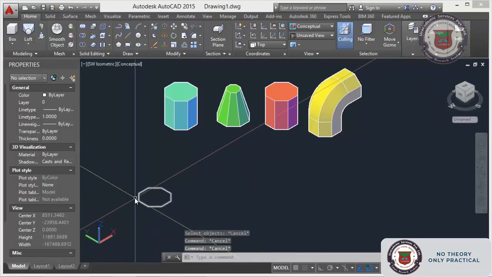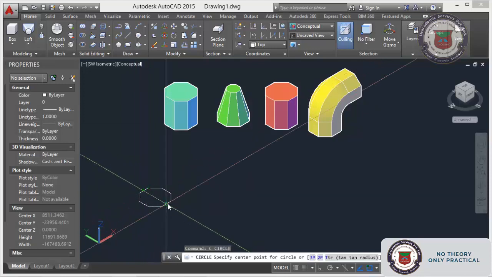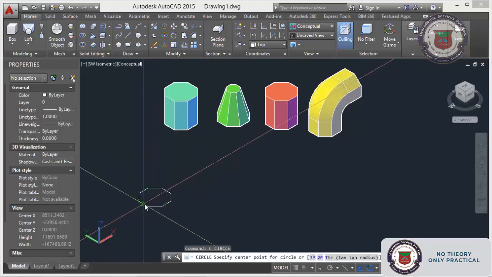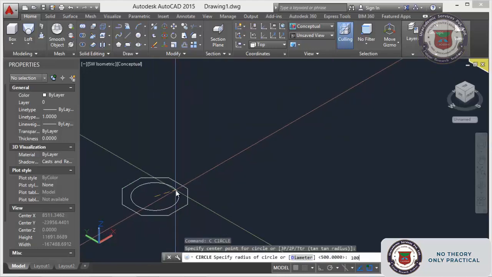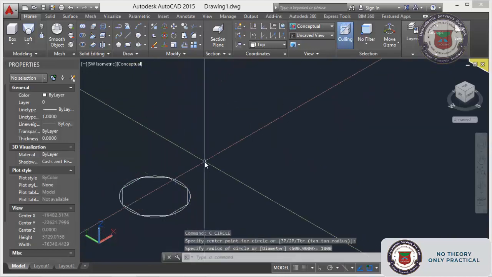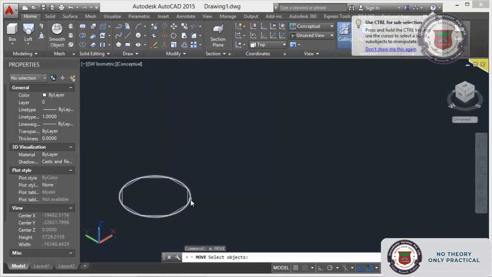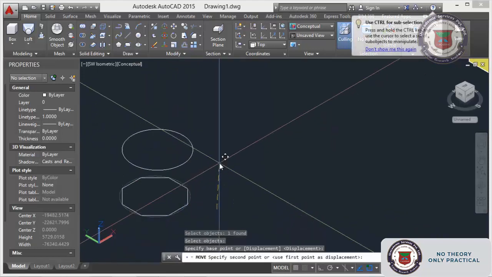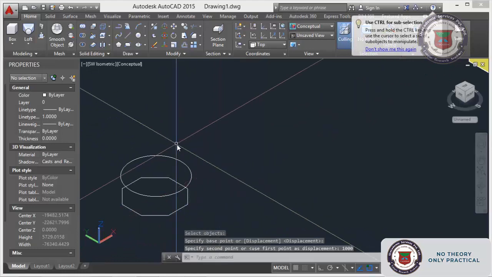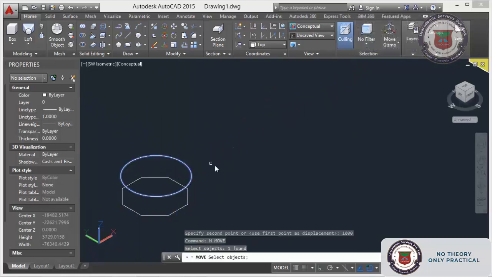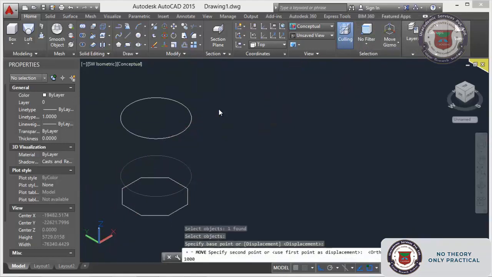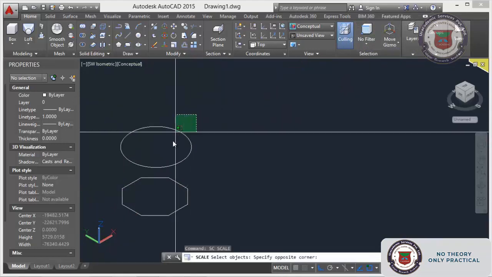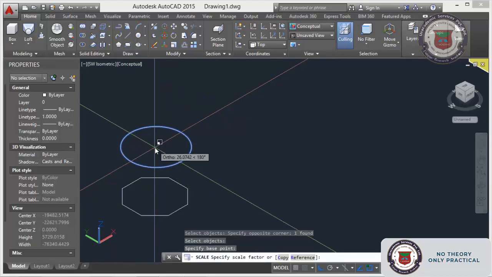From that I will make a circle. Move 1000. Sorry, 2000. Again 1000, and make the smallest 0.5.